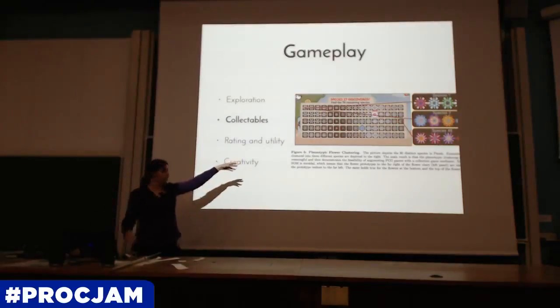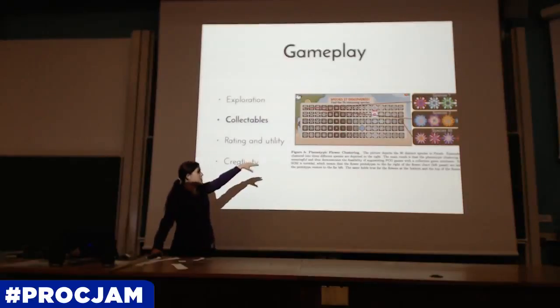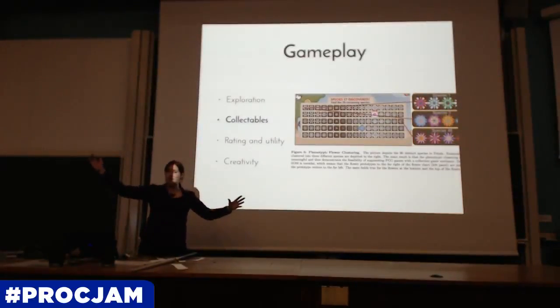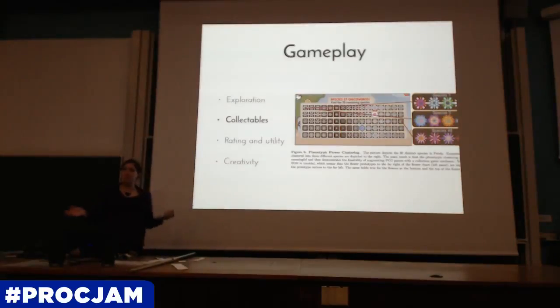Remember how I said flowers are easy? So they made this cool flower generator. And what they did then was they used machine learning to take this giant possibility space, figure out regions of that possibility space, pick out a flower in each region, and make those collectibles. So they actually made a gameplay mechanic out of this machine learned feature set, or machine learned exemplar set. And now that's a gameplay